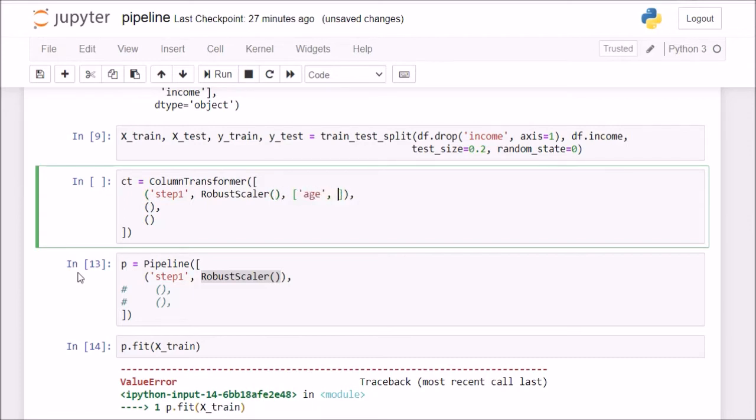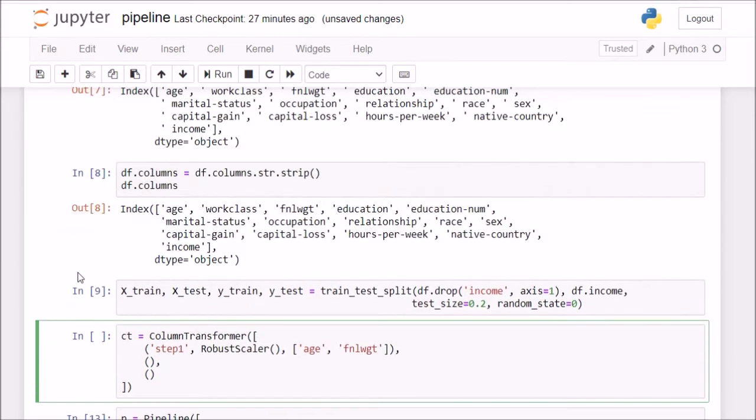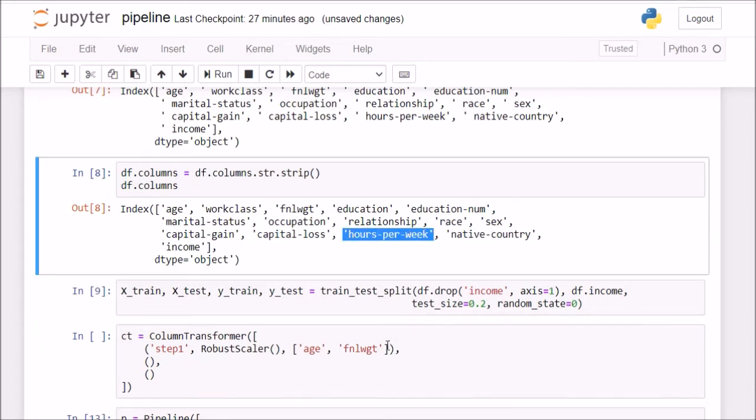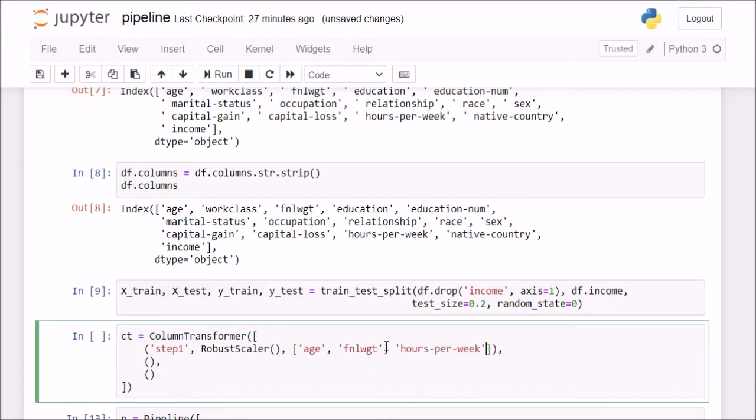For example, on age, final weight, and also on hours per week. So for these columns I want robust scaler. Then for step 2, I want, for example, standard scaler. I want to apply it on the remaining 3 columns.